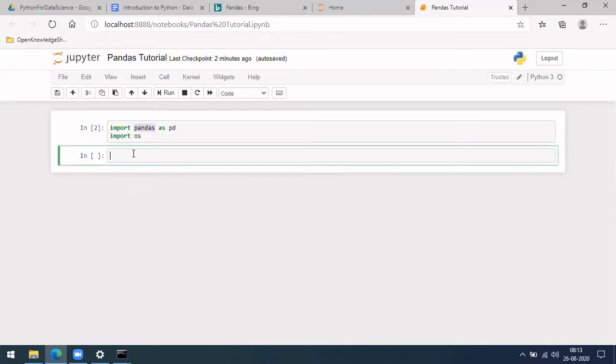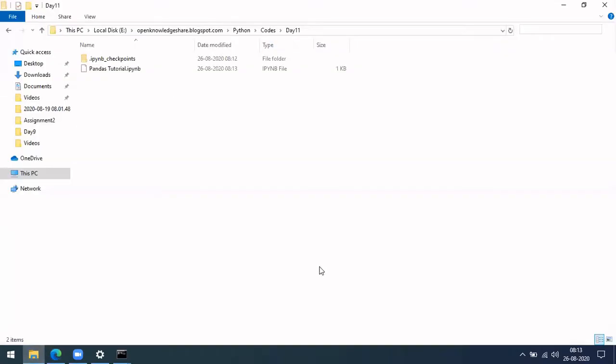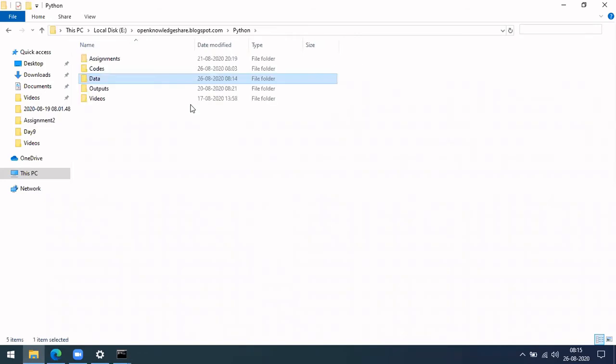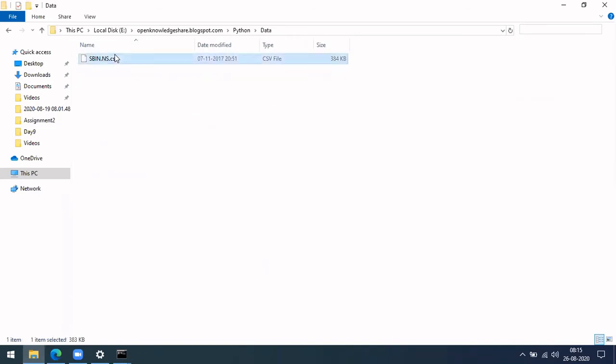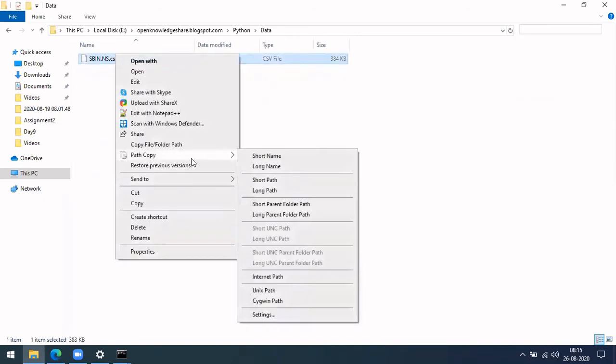Let's start. So let me open some CSV file. This one. Okay, so this is a CSV. Let me copy that path.